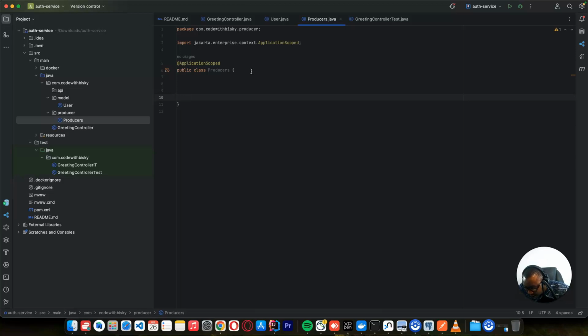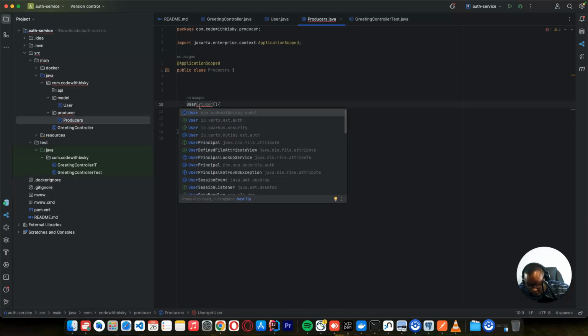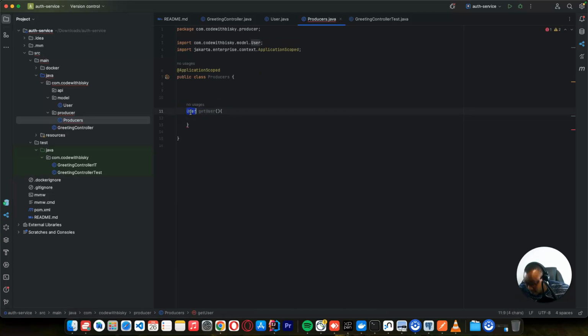And I want to create a method, just say get user. I'll just say get user, and we know a method has a return type. So here my return type will be the user that we created, and I want to return, for now, just say return. Now we want to instantiate this object,